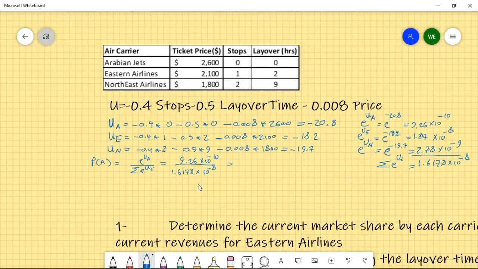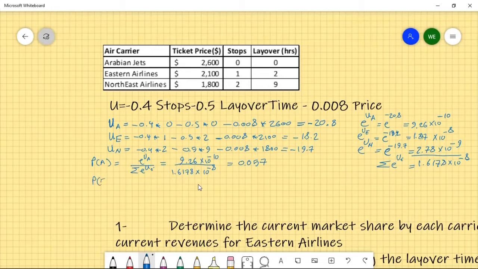So this is basically 0.057, okay, and so that's the percentage of passengers on that link that will be using this provider. Okay, so